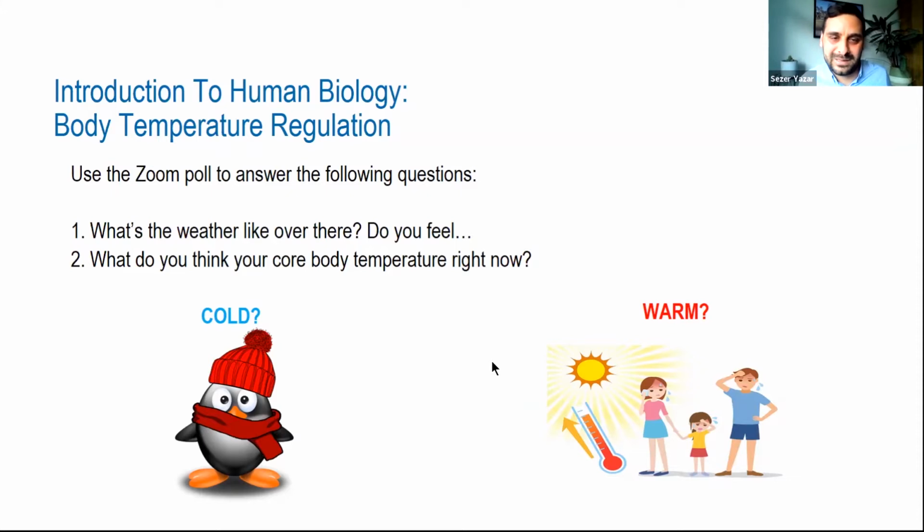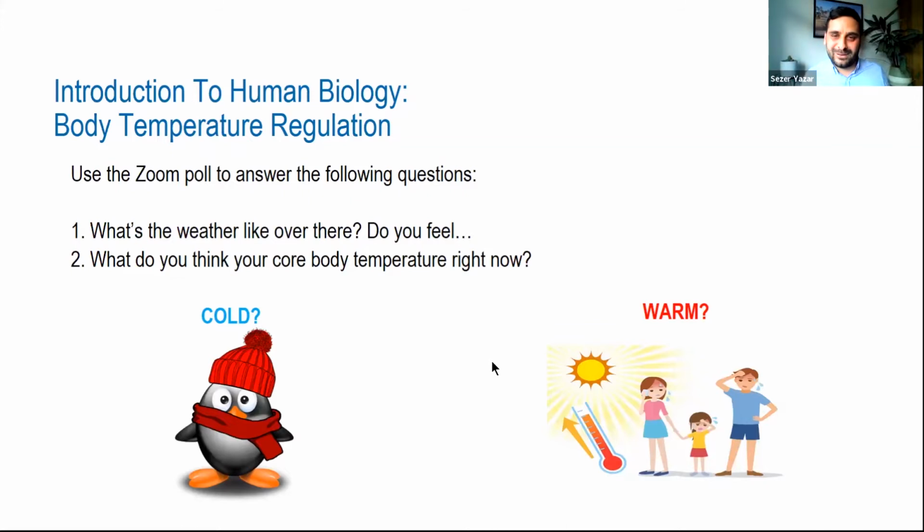I'm just waiting for some votes to come in. From my end, it's looking like it's pretty warm where most of you are, which is, I'm getting jealous of that. And we've got a few choices for the core body temperature, so looking good. So I'll just give you a couple more seconds to fill that in. So this type of poll we use quite often in class, and you can see how easily we can get a response from the class, and it's looking really good. Just a couple more people. Okay, I might end the polling there. Sorry if I've cut you off, but let's share some of these results